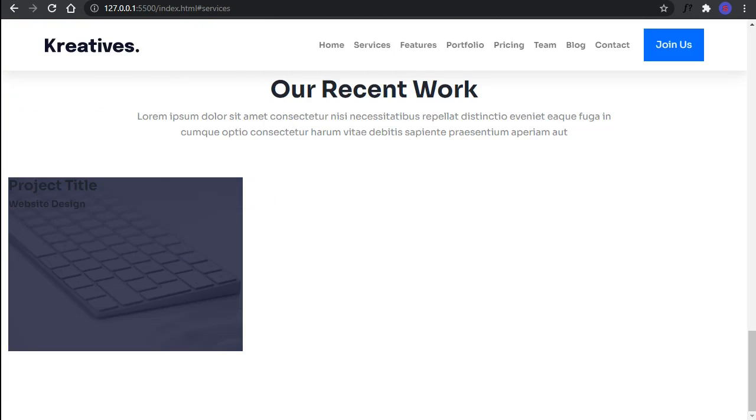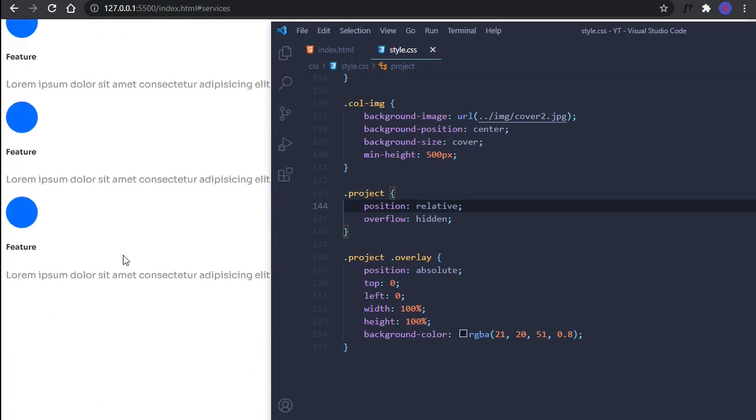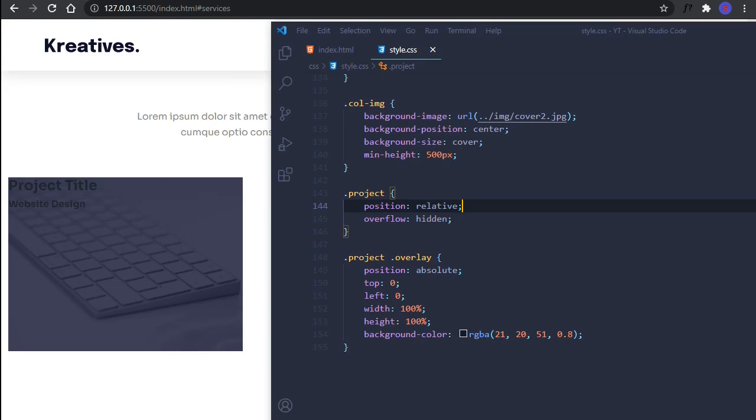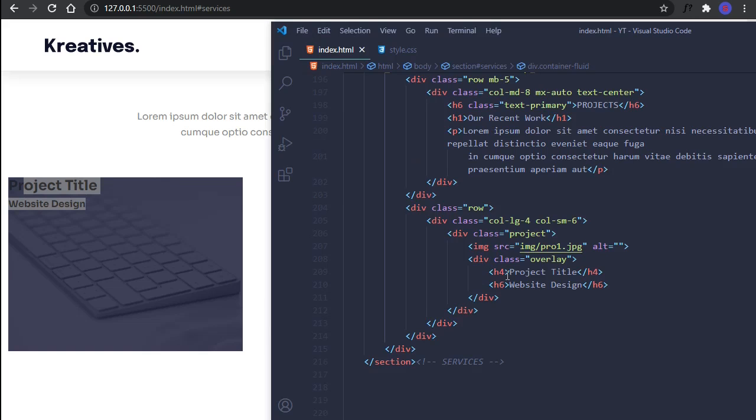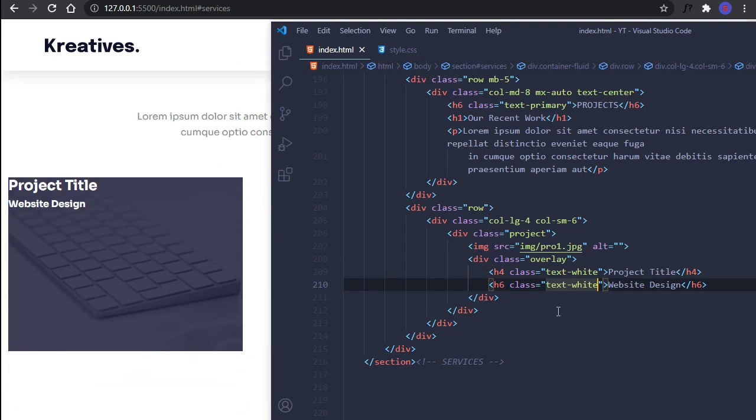So yeah, I don't need to give the z-index. Okay, and I'm going to remove this one also. So what I want to do, I want to make the text and the subtitle white. So either I can use Bootstrap utility class like text-white, and also text-white. So you can see the text is now white,